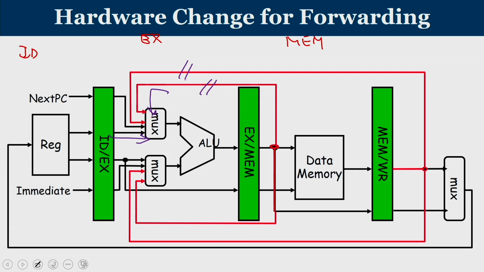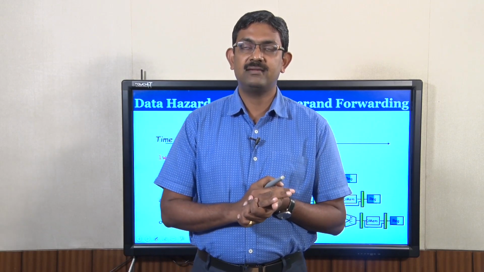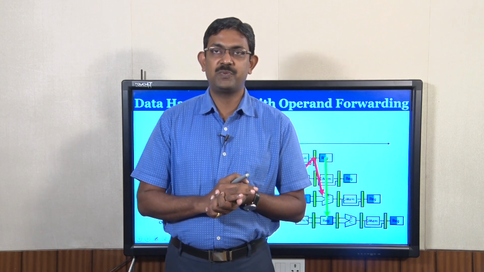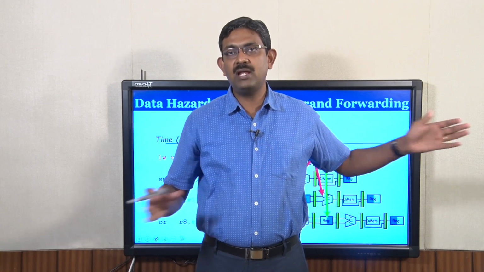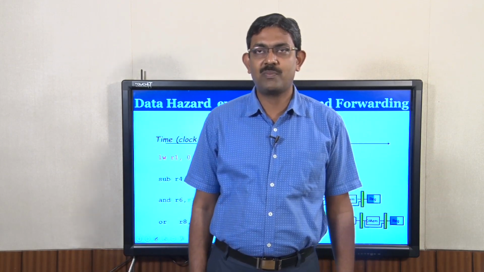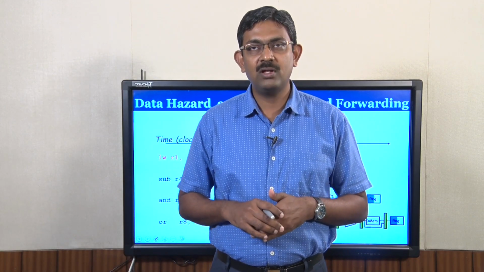Either the input is from the register file, or the input is from the output of the ALU, that is the EX/MEM register, that is this line, or it can be from the output of the MEM/write-back register, that is the third line. This is the operand forwarding circuit. So, operand forwarding is an important concept that can actually reduce hazards, especially RAW hazards, between a pair of ALU instructions. As long as you have only ALU instructions operating on various operands, and there is a dependency between them, by the operand forwarding technique we have just explored, it can be completely eliminated. So, there are no hazards at all.